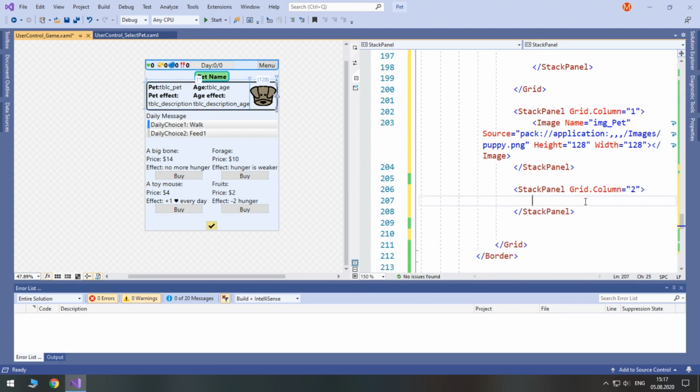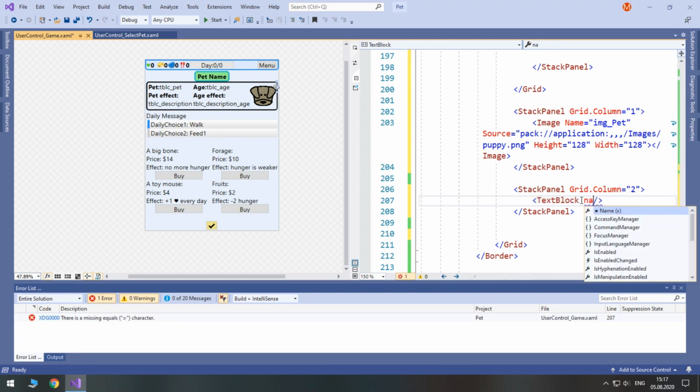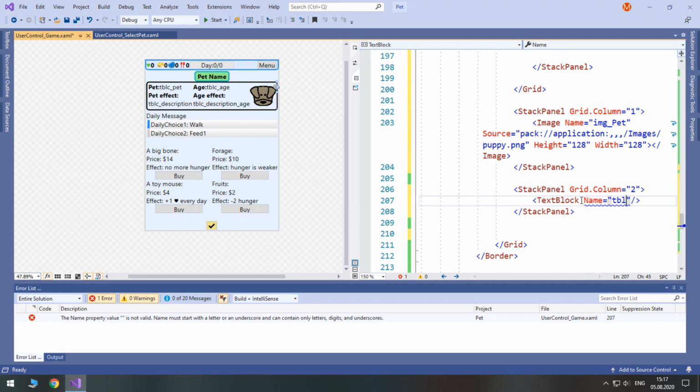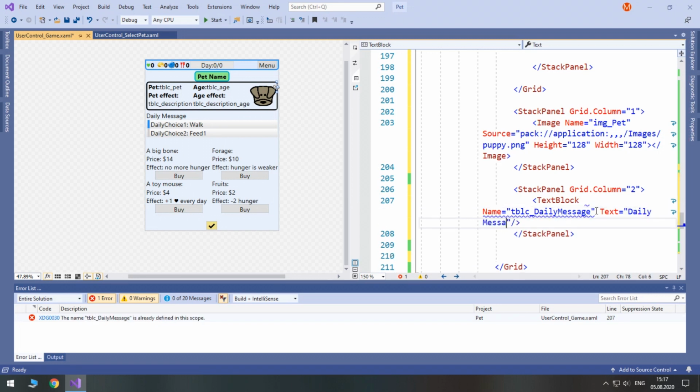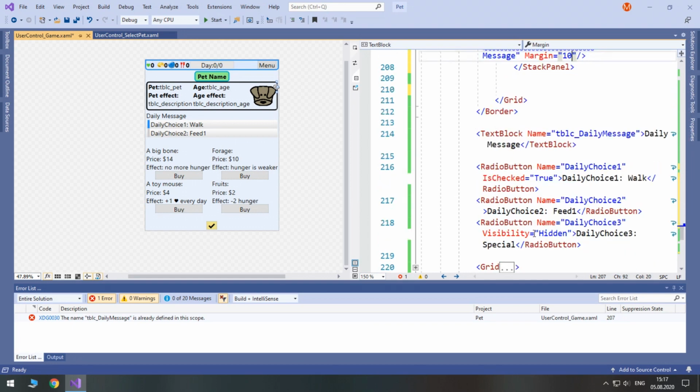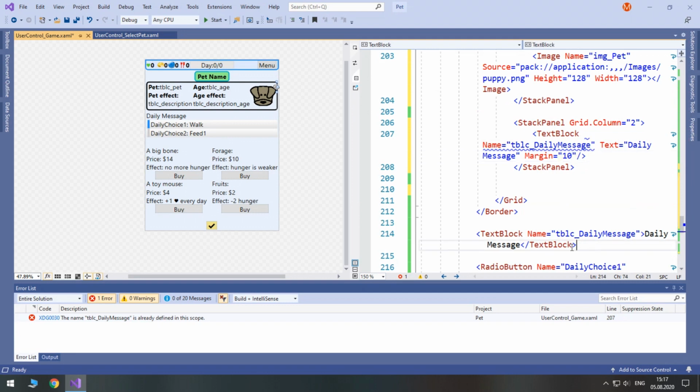It will have only one text block for daily message. Name equals TBLC daily message, and set the appropriate text. So daily message. It will have a margin of 10. We already have a control with such a name right here. Let's remove it.